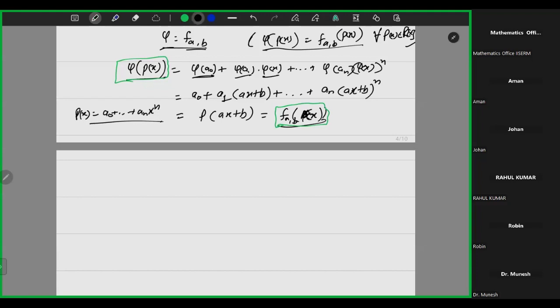This is true because we chose these coefficients arbitrarily in R. So this holds for all p(x) in Rx. Hence, phi is equal to f_ab. So this is the unique ring homomorphism, and what extra we wanted to prove in that question was to determine the composition of these maps,